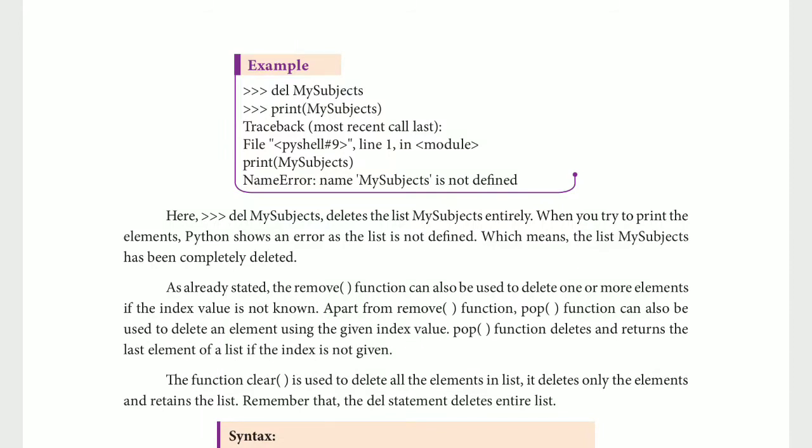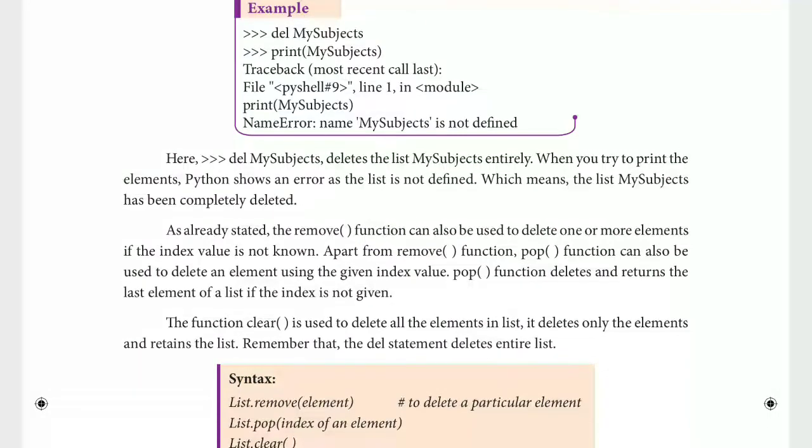It shows that name my subjects is not defined, which means that all the content, even the list itself, has been removed. Here del my subjects deletes the list my subjects entirely. When you try to print the elements, Python shows an error as the list is not defined, which means that the list my subjects has been completely deleted.